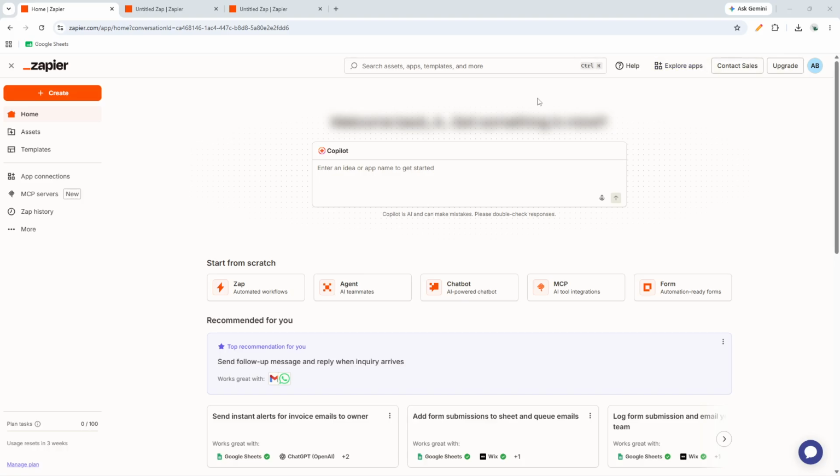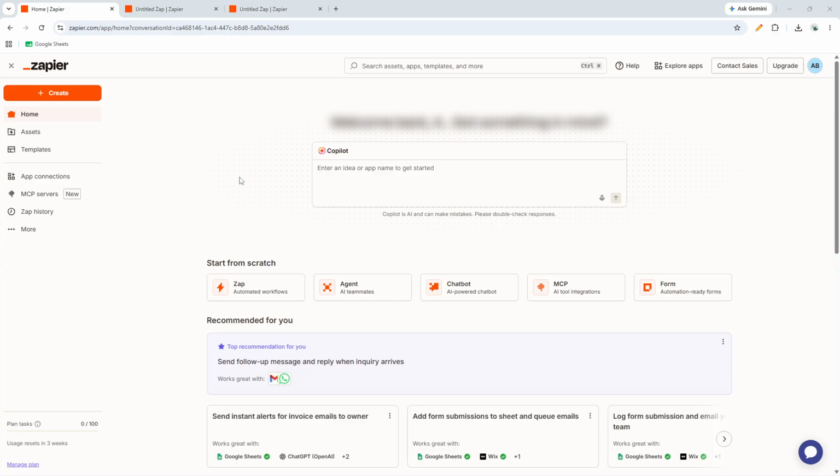In today's video, I'm going to teach you how to connect PayPal to Zapier. We'll walk through the full setup process so you can automatically send PayPal transaction data into another app like Google Sheets without having to do it manually each time. This is a great way to save time, keep records organized, and build a simple workflow that runs in the